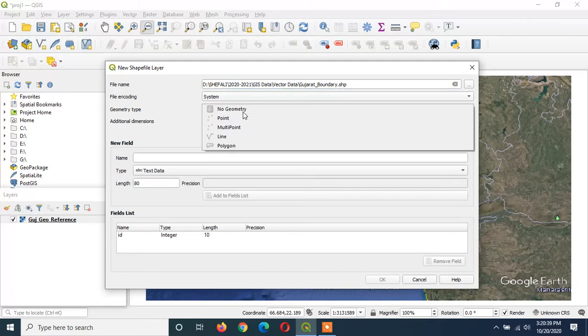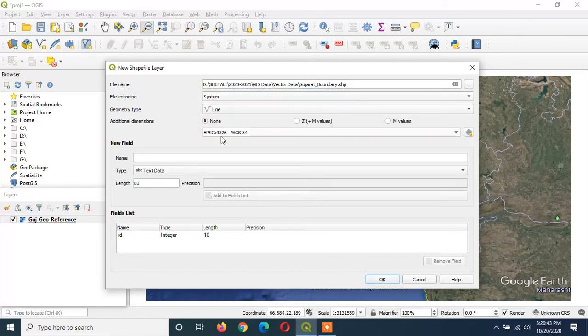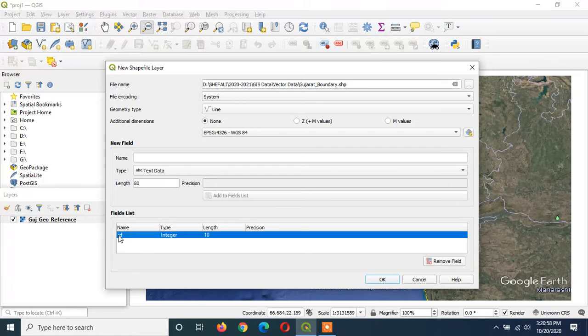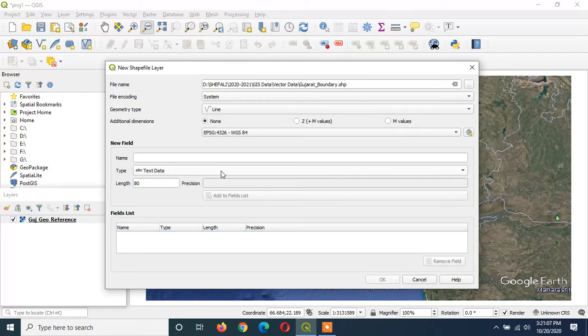Now select the geometry type. So geometry type is line, because we are creating vector line data. Dimensions none, we don't have to add a third dimension. Now it is asking for the field name. So by default with this vector line data, one field will be there, and that is ID. If you wish, you can remove this field. If you want to keep this field as it is, you can keep it as it is,